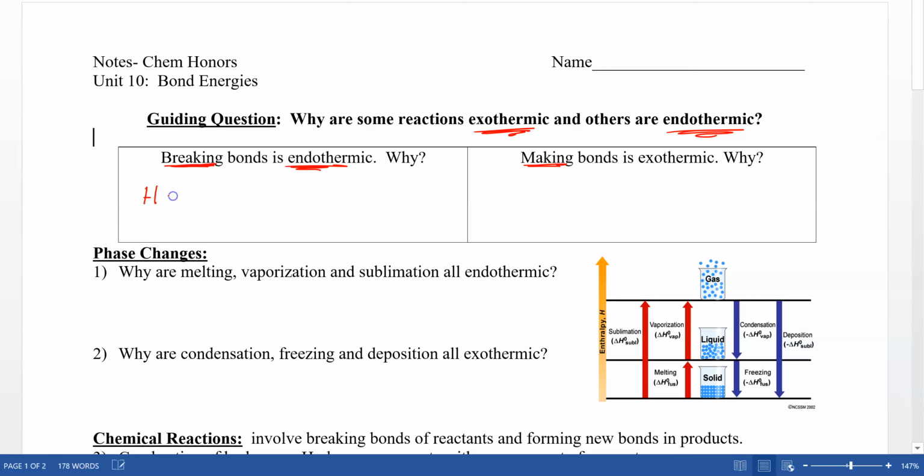So first, let's just think about say two hydrogen atoms bonded to each other. That bond really means that the two hydrogen atoms are attracted to each other. Why are they attracted to each other? If you remember, the bond is really the shared electrons. And so you have a nucleus for each hydrogen atom, and then you have these two shared electrons that are in between. So obviously the nuclei are both attracted to those shared electrons. So if you're going to pull the hydrogen atoms apart from each other, you're going to have to break that attraction. So it's endothermic because energy must be absorbed